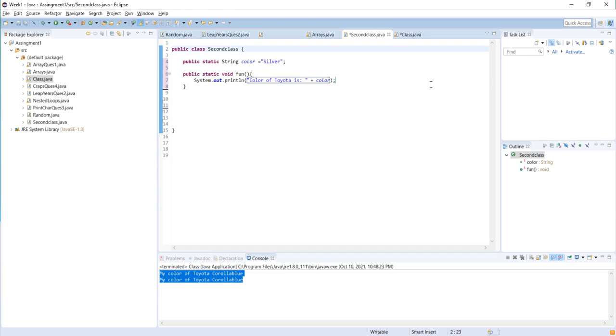So I have created a static function and a static variable, and let's see how to access this from the